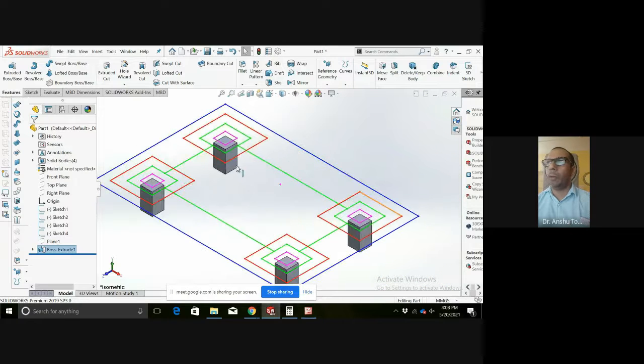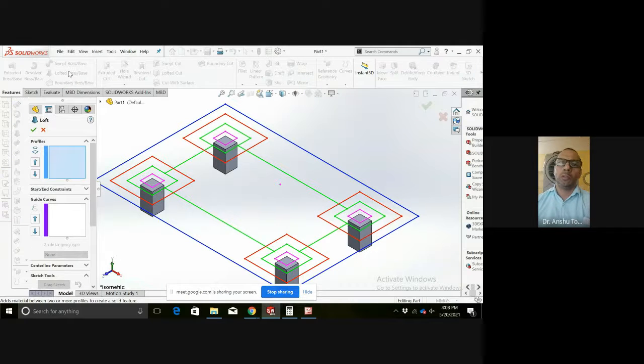For the haunch to be modeled, we can use the loft command. This is the loft command which we use. In loft command, we can also use surface to sketch loft, or it is from sketch to sketch. So two profiles are required here. You can see my cursor is there.